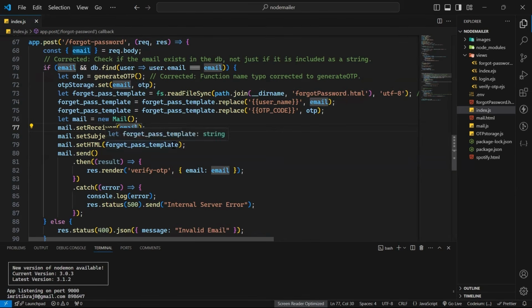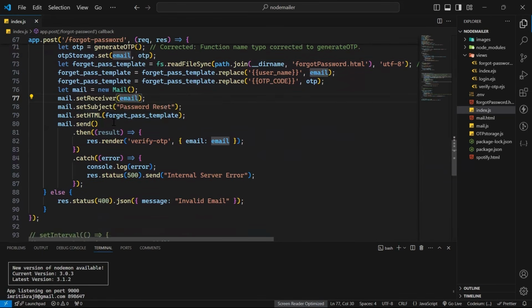देन आफ्टर HTML सेट कर देना है आपको, वो फॉरगेट पासवर्ड वाला। तो देखो अब मैंने स्टार्टिंग में बताया था, जो मेल था उसमें मैंने क्या लगवाया था, प्रोमिस। तो प्रोमिस लगाने का फायदा क्या हुआ, ये वेट करेगा, ठीक है। पहले सेंड करने को वेट करेगा, तो जो रिजल्ट आएगा, देन क्या हुआ, रिजल्ट आएगा यहाँ पे। उसके बाद जो रिजल्ट आ रहा है उसके अकॉर्डिंग अगर वो रिजॉल्व हो चुका है, ठीक है, तो मैं वेरीफाई ओटीपी में उसको भेज रहा हूँ, रेंडर कर रहा हूँ पेज, और वहाँ पे ईमेल भी ट्रांसफर कर रहा हूँ।